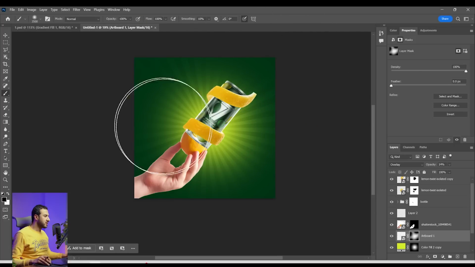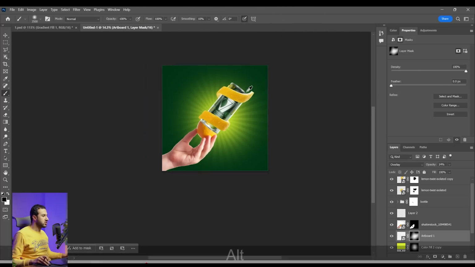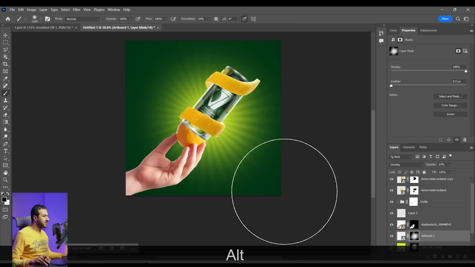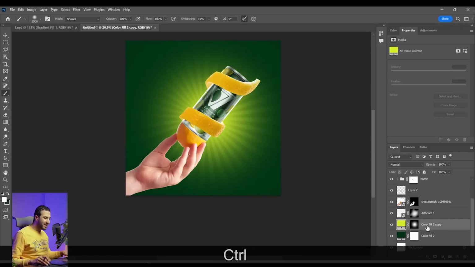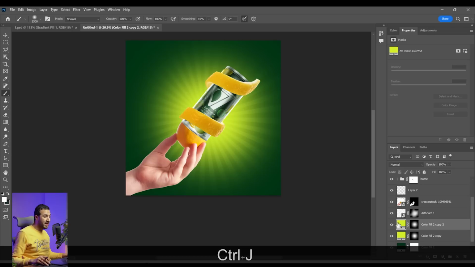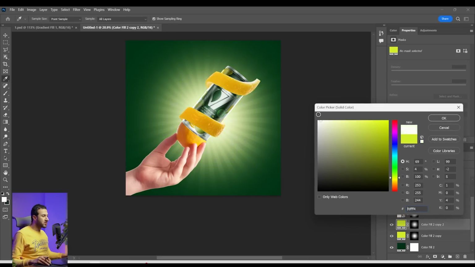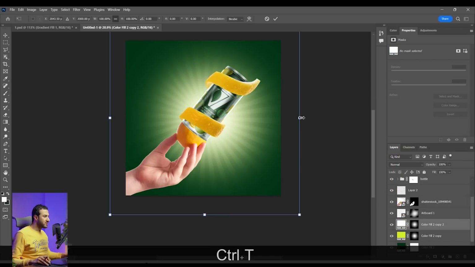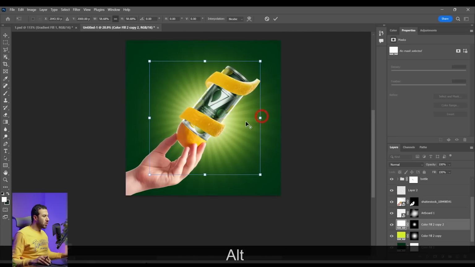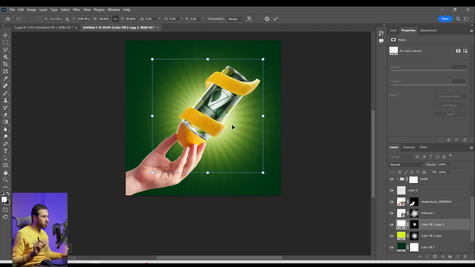So I'm just bringing the attention toward the center of the design, and that's it. And we can also boost the backlight up by duplicating this backlight layer, pressing Ctrl J, and changing this color into white. And press Ctrl T, and let's make this small. So what I'm trying to do now is to create a central point of light, which will be very bright